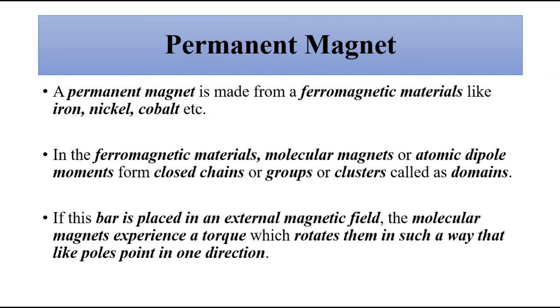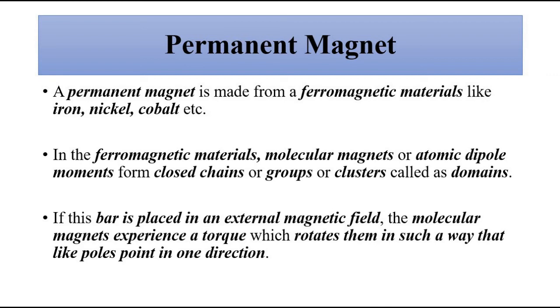The ferromagnetic materials, as we know, the cause of magnetism in ferromagnetic materials is their atomic dipole moments, orbital magnetic dipole moments. Ferromagnetism is a strong, attractive form of magnetism which retains its magnetic properties,